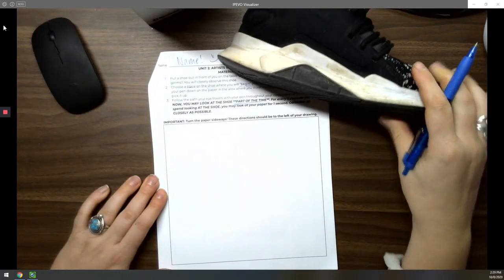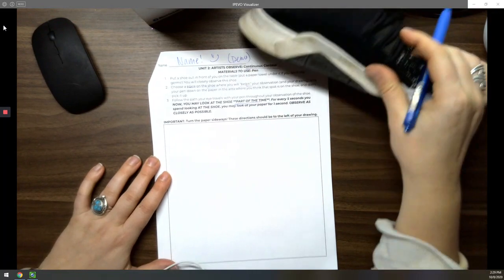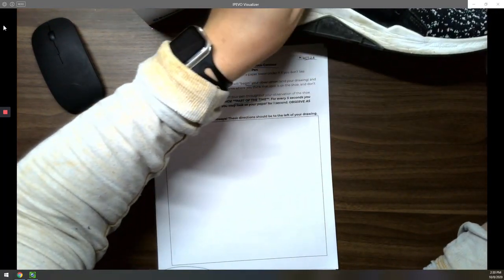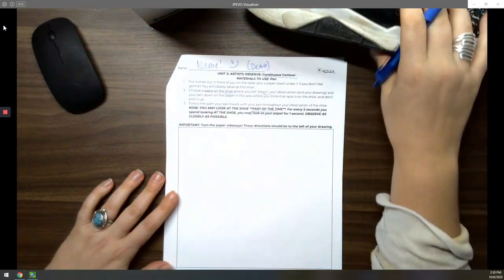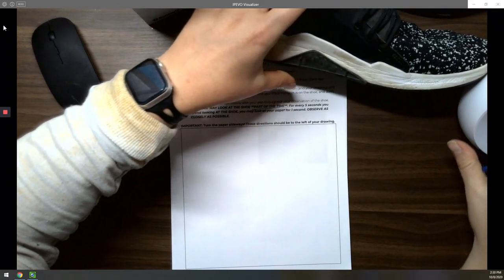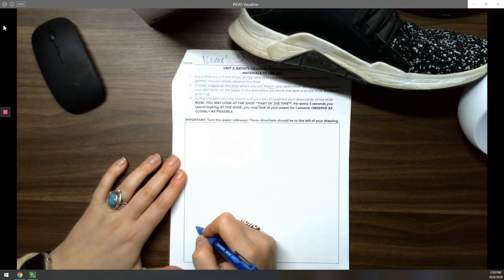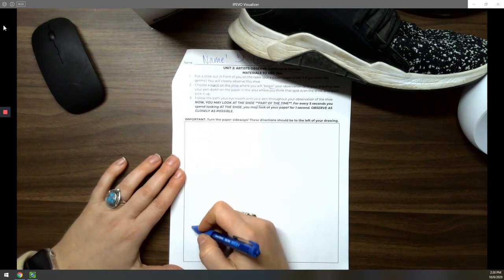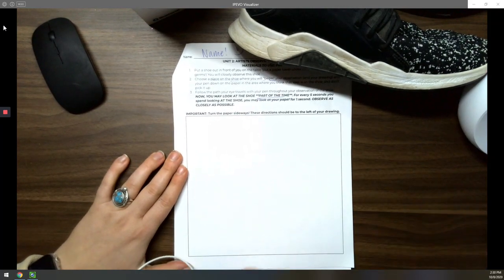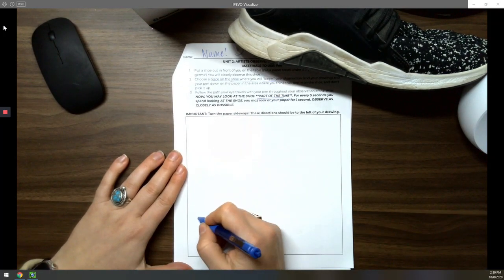Okay, so here's my shoe. I'm going to kind of observe. This might be tricky. Let's see if I can get this to stay up. There we go. Well, now you guys can't see it. Okay, that's better. So I'm going to start down at the heel, and now I'm going to be drawing, like I said, I'm just going to focus on what I'm drawing,